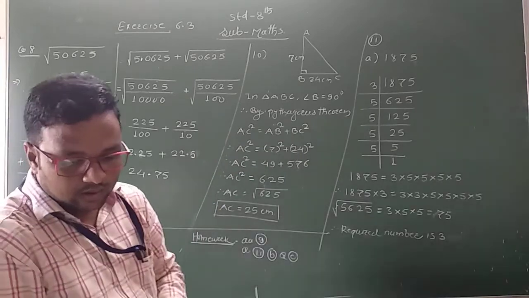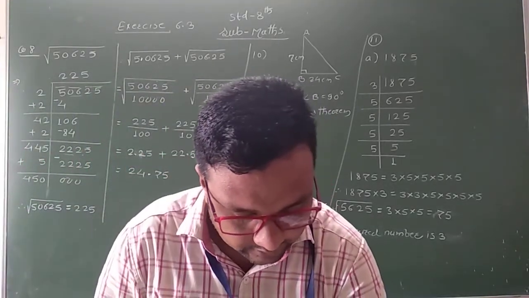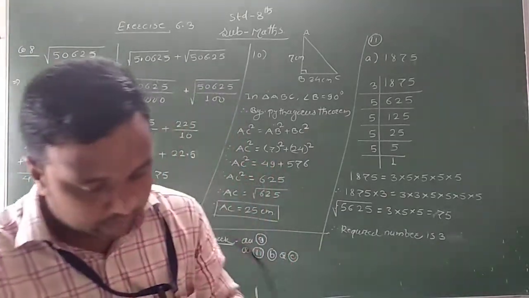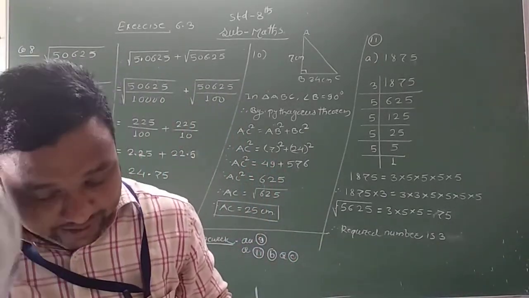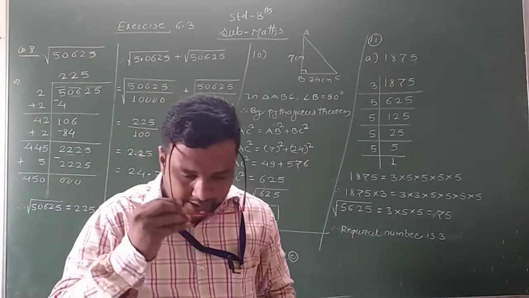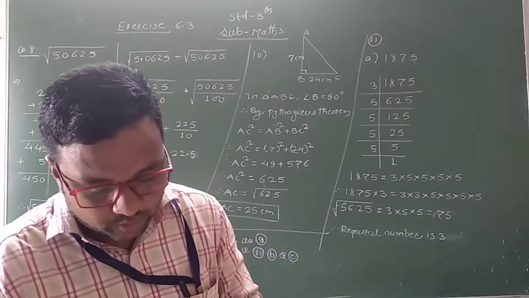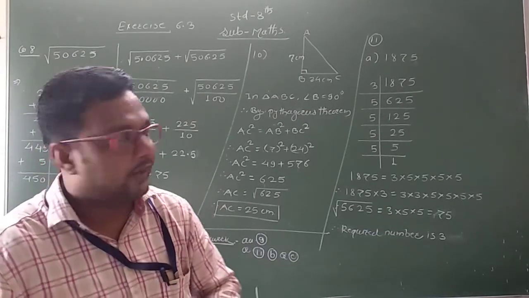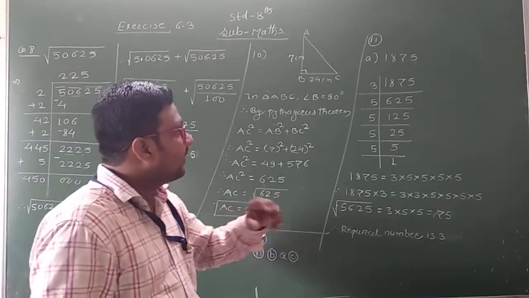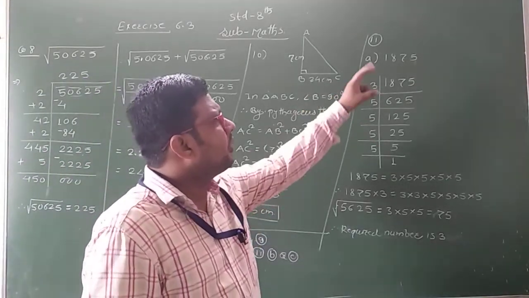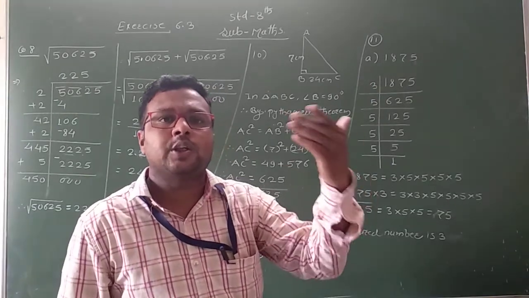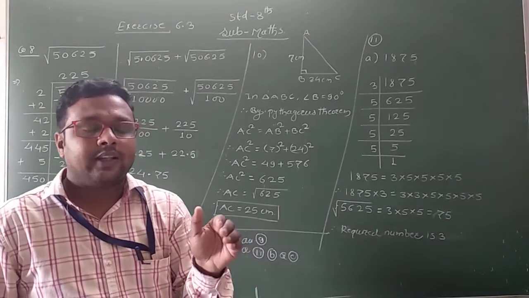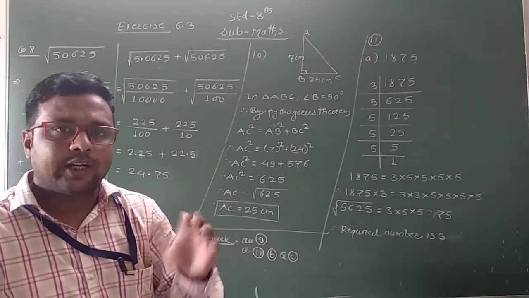Okay. Now see the next question. Here I take question number 11. Question number 11 is given: find the smallest whole number by which the following number should be multiplied so as to get a perfect square number. Also find the square root of the square number so obtained. Now see here, what we have to do: by which number we multiply the given number, then it becomes a perfect square number. And whatever perfect square number we get there, after that we have to find out the square root of that number also.